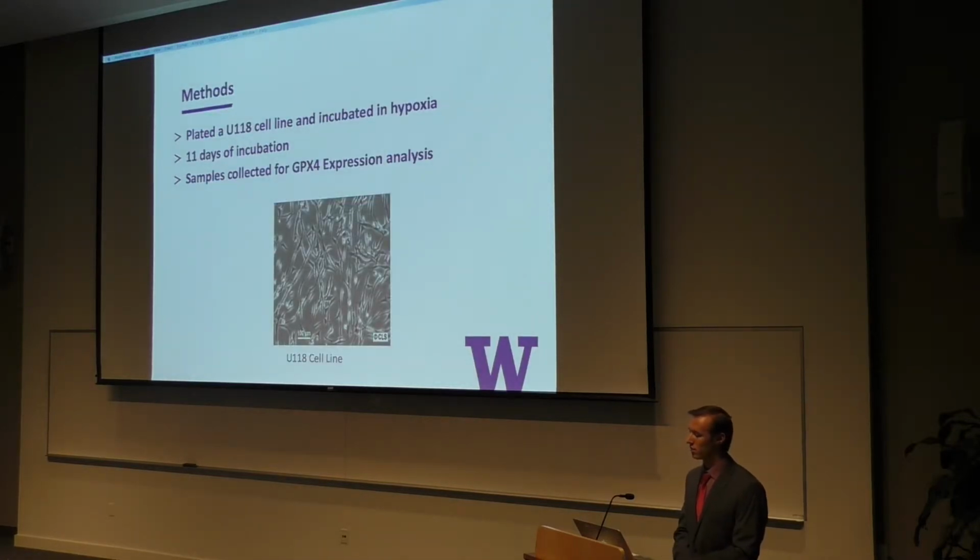To determine upregulation of GPX4 within glioblastoma cells, we plated a U118 cell line comprised of human glioblastoma cells and incubated them under hypoxia for 11 days. The hypoxic environment was kept in order to mimic the microenvironment that would promote glioblastoma cell invasion, or spreading into healthy brain tissue, which is the main cause of death in glioblastoma patients. Cell samples were collected on specific days and were frozen down for RNA extraction, followed by cDNA synthesis and qPCR